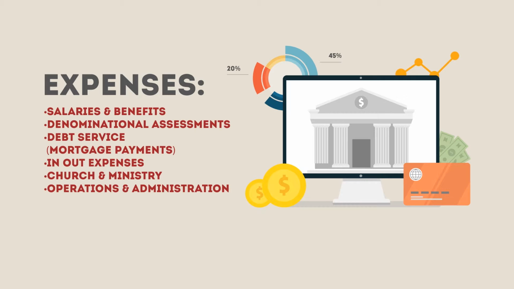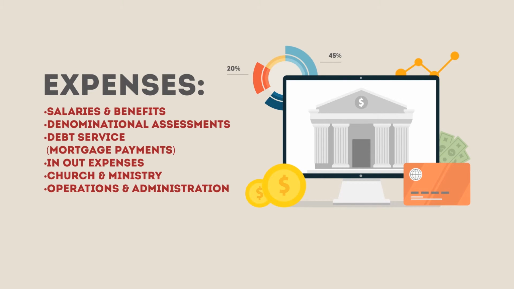You should also identify denominational assessments. If your church is a member of a denomination, you may be required to pay a denominational assessment monthly, quarterly, or annually. You will also want to break out the debt service or mortgage expense that is incurred by the